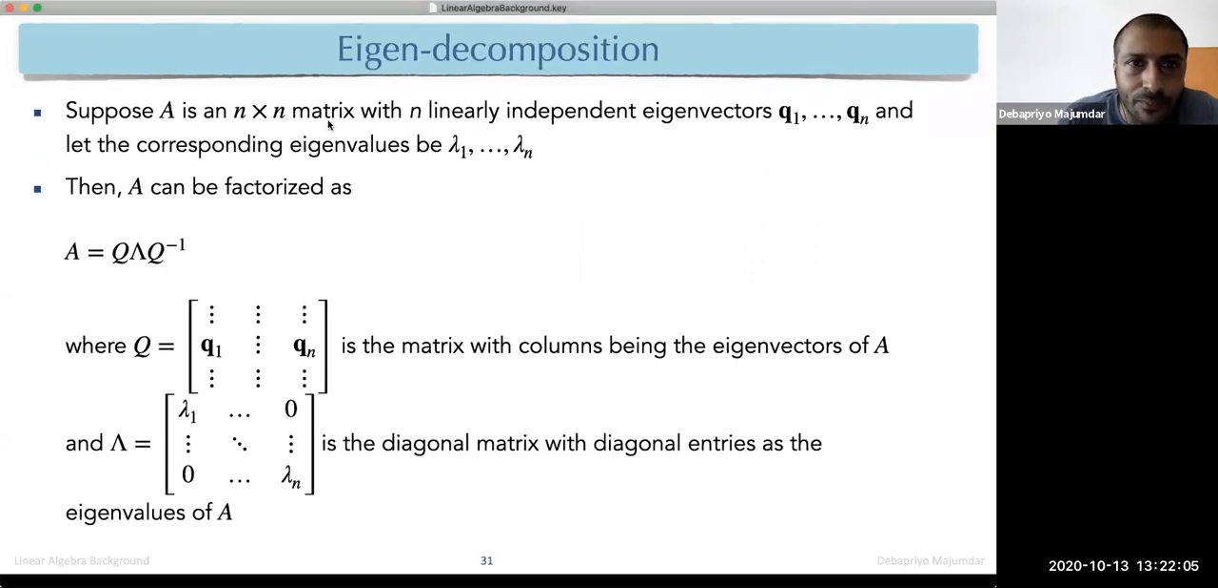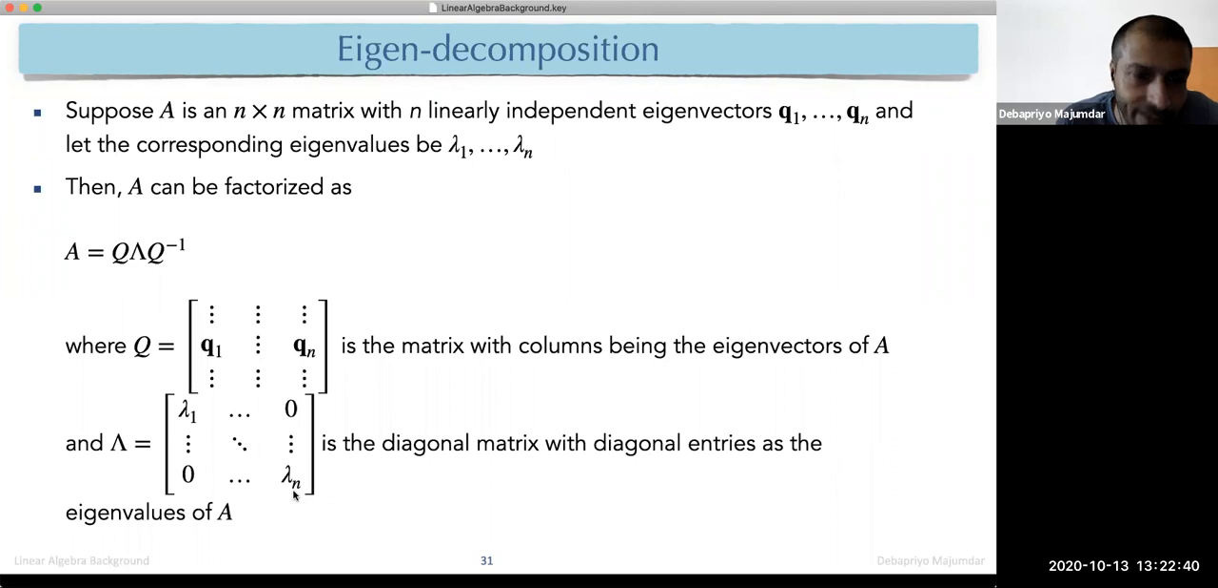Suppose you have a square matrix with n linearly independent eigenvectors q1 to qn, and let the corresponding eigenvalues be lambda1 to lambda n. Then you can factorize A as Q lambda Q inverse, where Q is just your stacked eigenvectors and